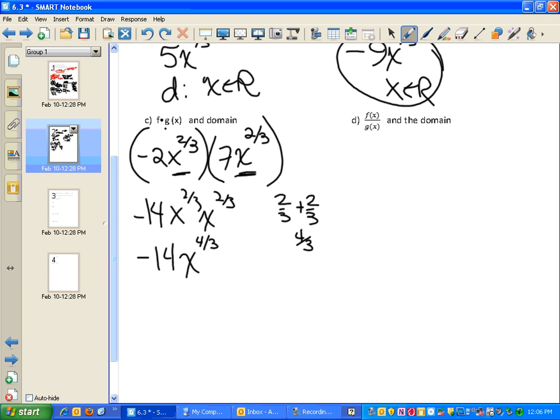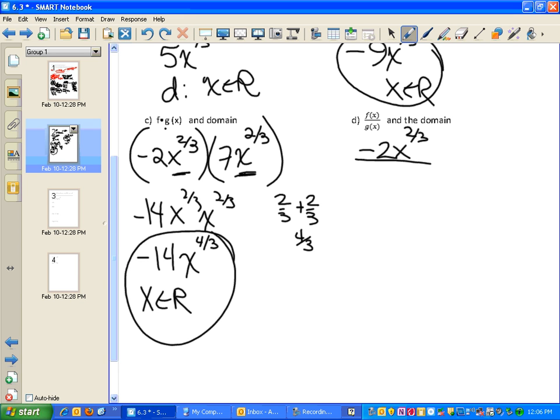Okay. So, do I have a square root? Do I have a denominator? What's my domain? Reals. Okay. What am I doing with this next one? What goes up top? Okay. What do I have on the bottom? Okay. Anytime you create a